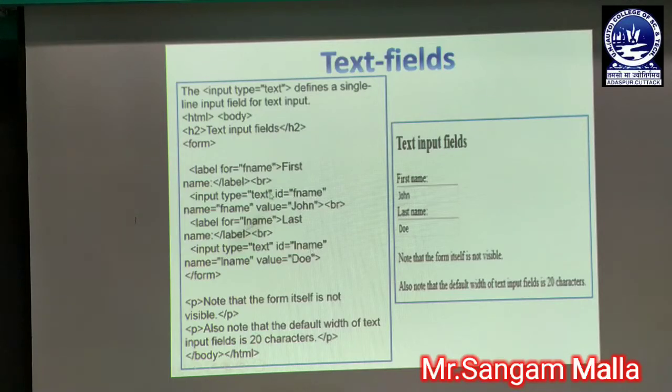Whenever we are using the ID and name in the text box or text field, it means that in the program whenever we need the value of the text box, we will be calling it through the name fname. As we have completed the form, the form has been ended. That means all those things will be enclosed in the form tag.